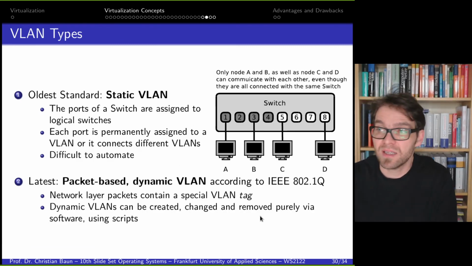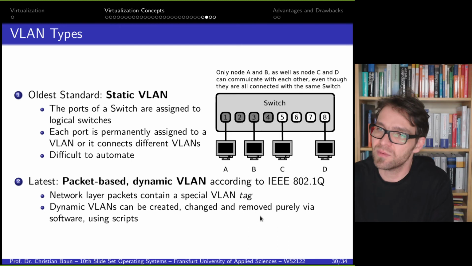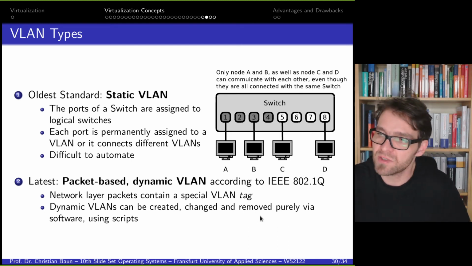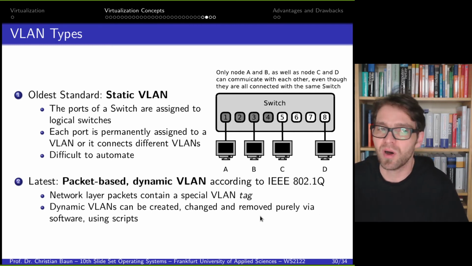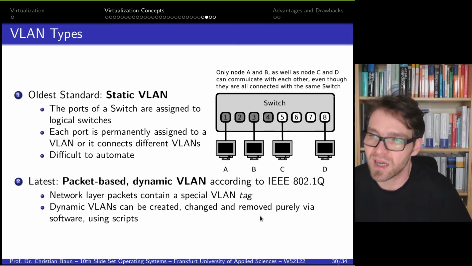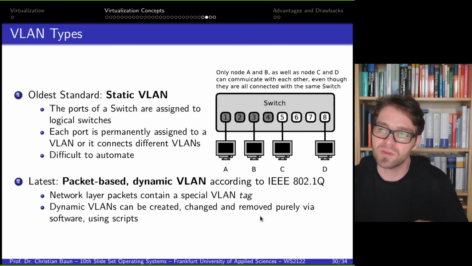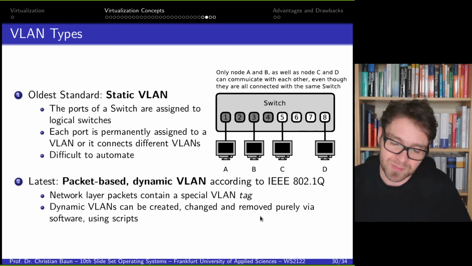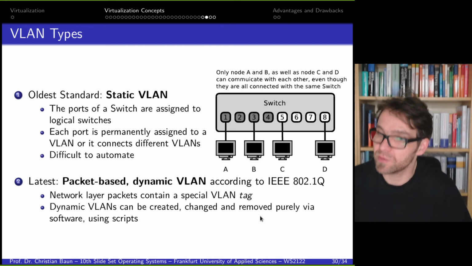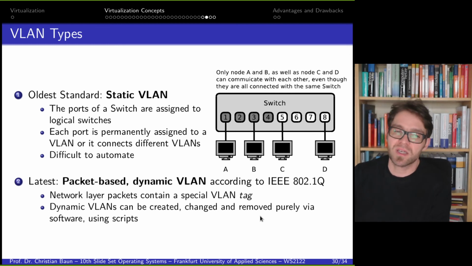This can be done in two different ways. First, we have the old-fashioned one, the static one, which means manageable switches can be configured in a way that specific ports are assigned to specific virtual local area networks. It's a permanent assignment, and so it cannot be automated very well, and so we have a separation of the logical networks. The smarter alternative, the smarter way to work with this technology, is the dynamic one, which means we use